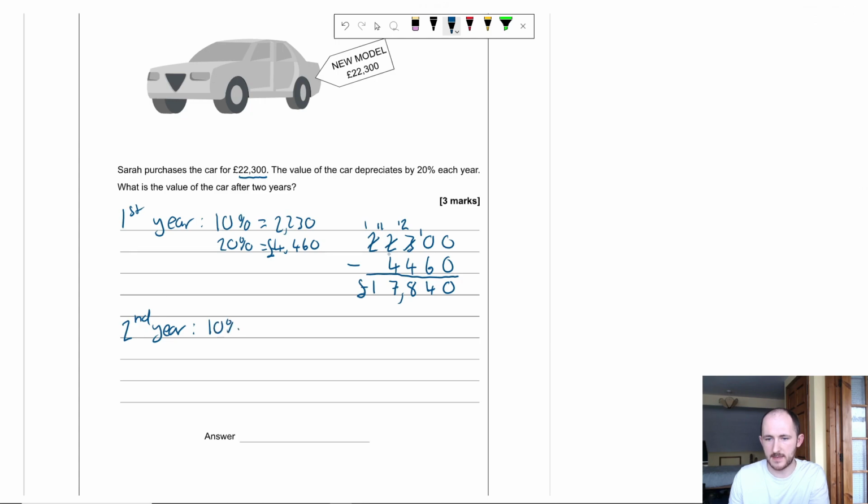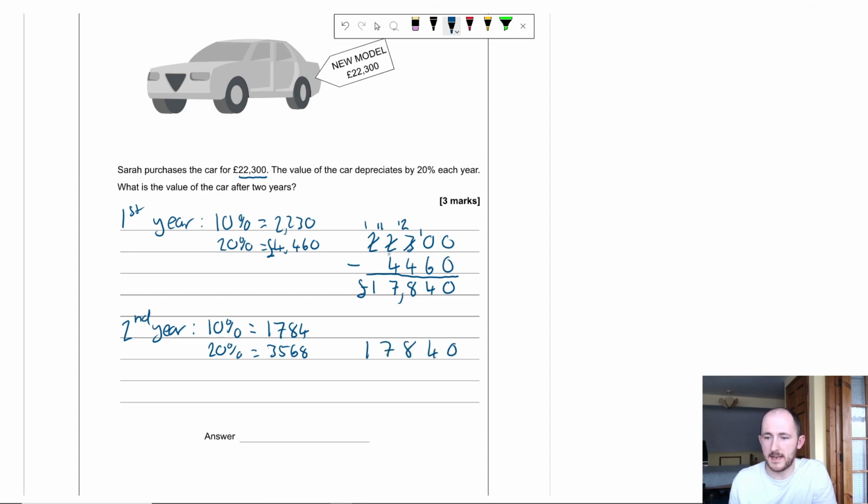10%. Now, 10% is going to be a bit more interesting. It's £1,784, which means 20% is double that, which would be 3,568. Yeah? I hope. Yeah, I'm pretty sure it is. Okay. So now we do the exact same thing again. So we're going to do